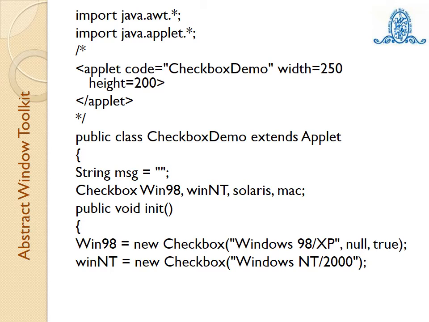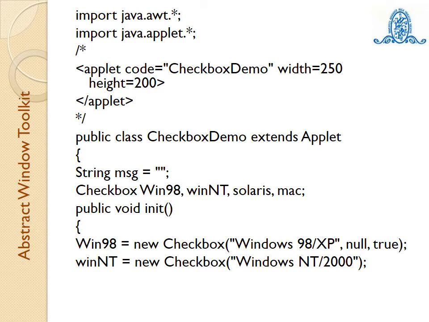Now this is a sample code of creating checkboxes. Whenever we write an applet code, the steps are very defined. First we have to import the package. Then the next is you have to add the applet tag, and then the applet class is defined. Inside that applet class, we have to use an init method. In that method, the code is given. So whatever component we want to add on applet, the code will be given inside the init method.